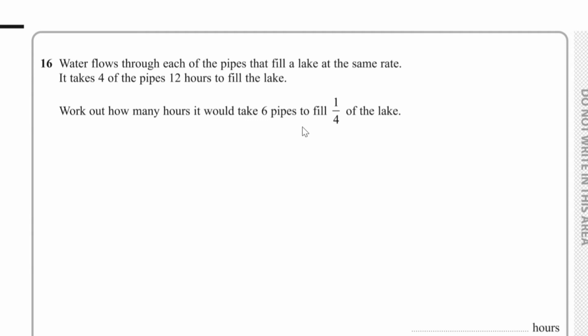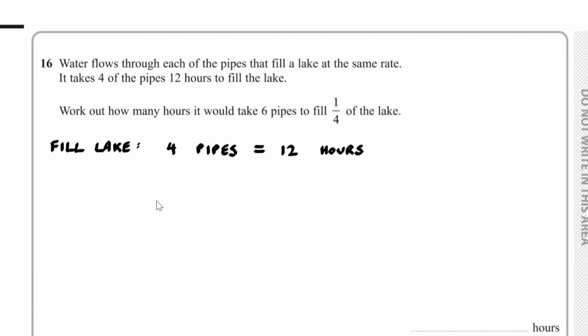Question number 16. Water flows through each of the pipes that fill a lake at the same rate. It takes 4 of the pipes 12 hours to fill the lake. We have to work out how many hours it would take 6 pipes to fill 1/4 of the lake. Well, what we know, to fill the lake, we know that 4 pipes take 12 hours